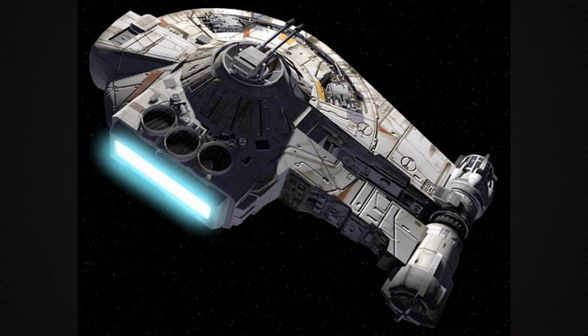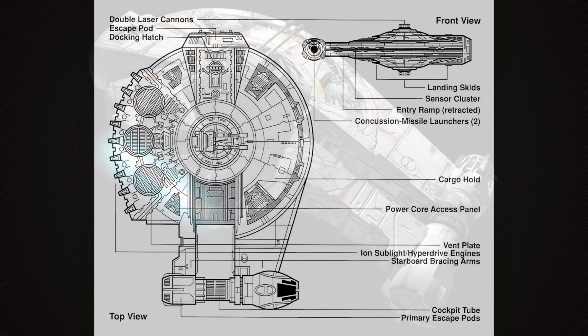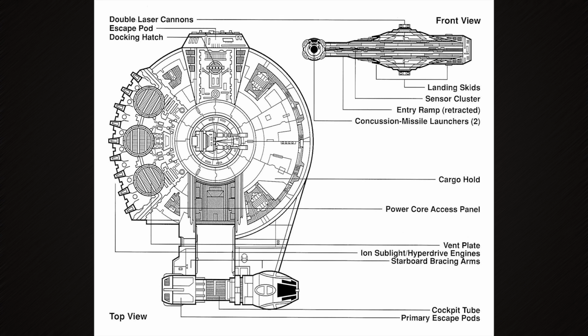Number 5. Number 5 on the list goes to a ship that many would say almost recognizes a ship that I called out in the beginning as not being on the list, the Outrider, aka the Millennium Falcon number 2. Flown by Dash Rendar, imagine a pilot who is Han Solo who doesn't fall in love with a princess and stays as a smuggler for the rest of his life. That's who he is. He flies a ship similar to Han Solo as well, also developed by Corellian Engineering Corporation. It is the